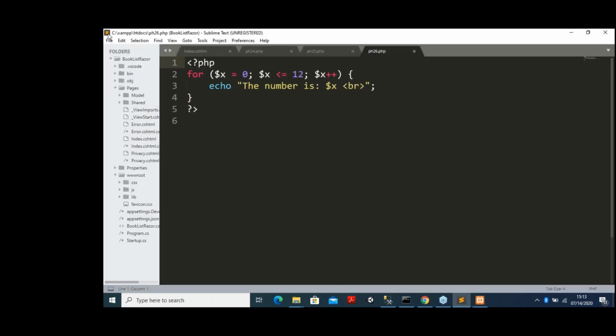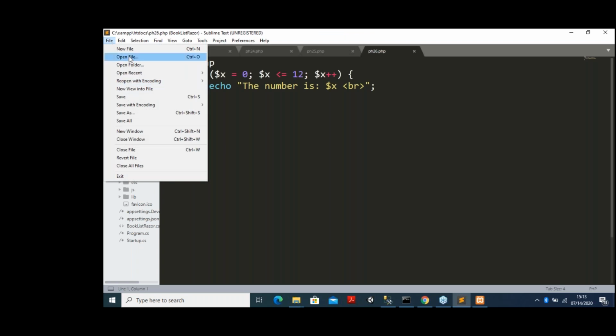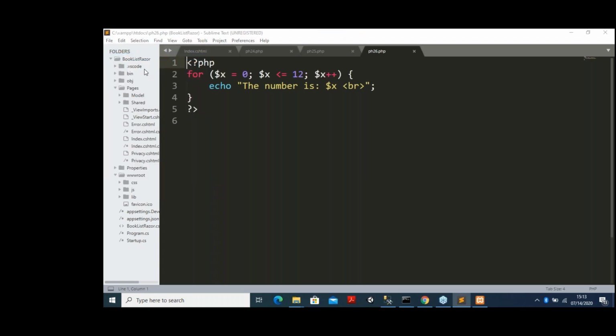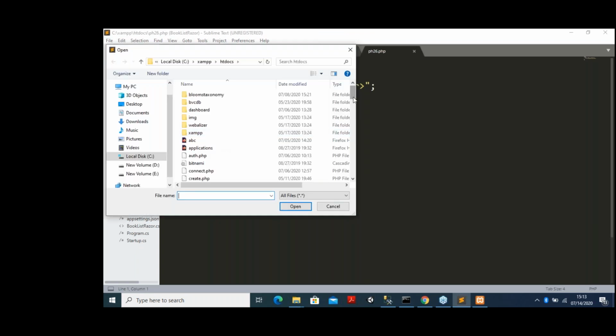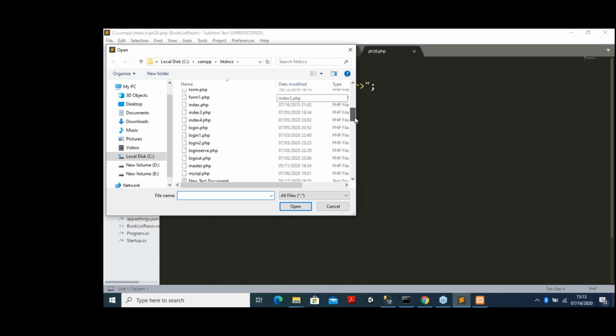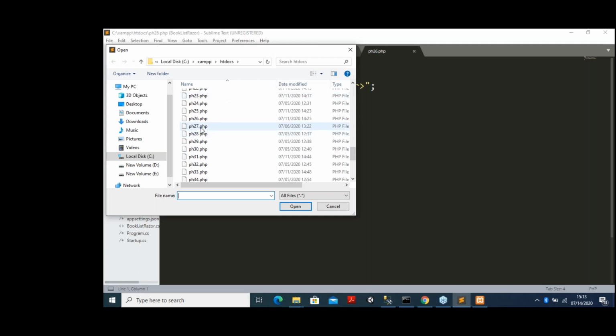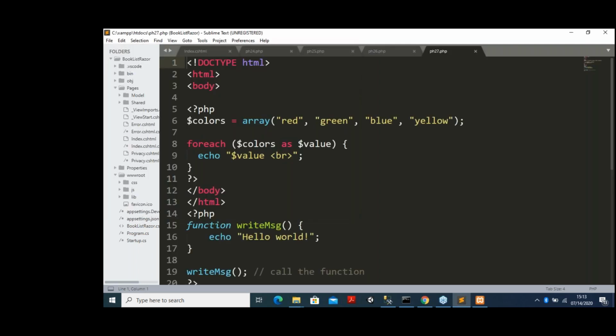Then you go to File and open the file, and we go for program number 27. Open this one. So you find we are using the concept of array, which I already told you.